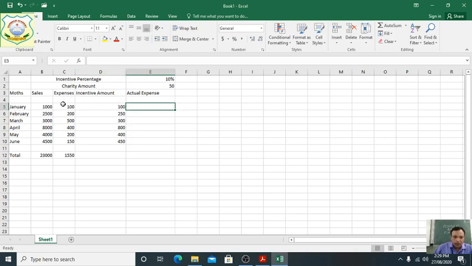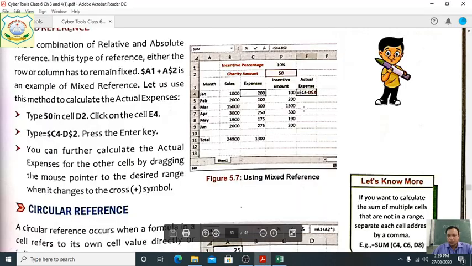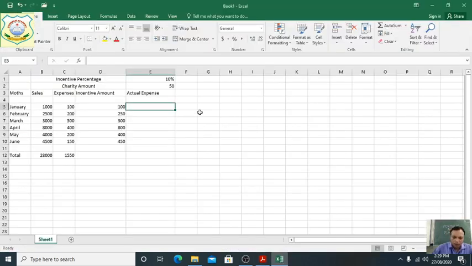From the expenses here is C5. So equal C5, here we use the dollar, we can see here, students. So we will use the dollar also here, $C5, minus. First, the equal sign, students. Yes, it should be the equal sign.